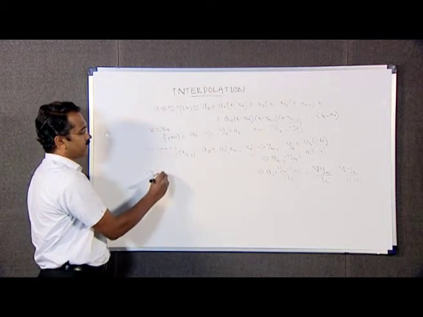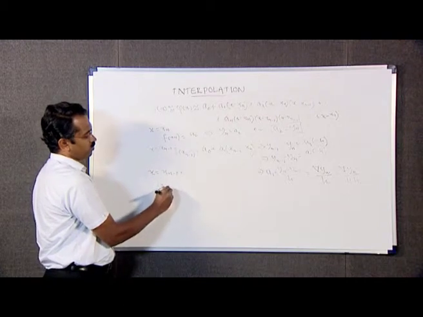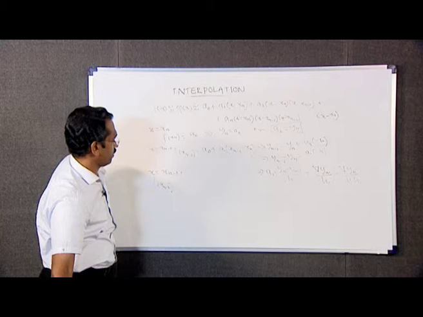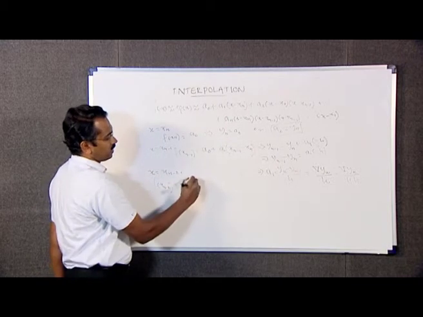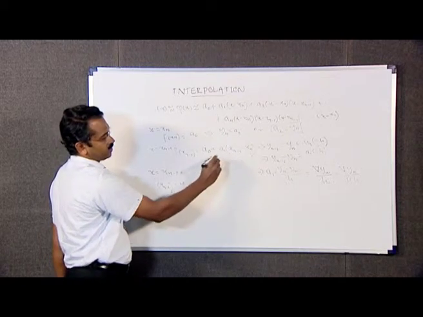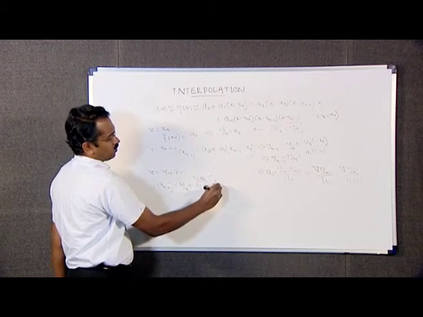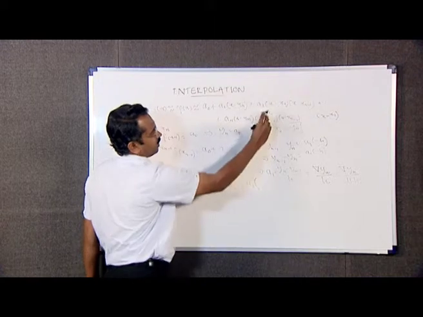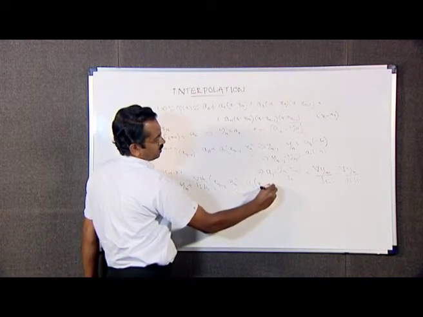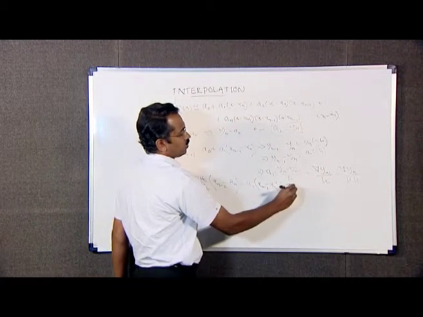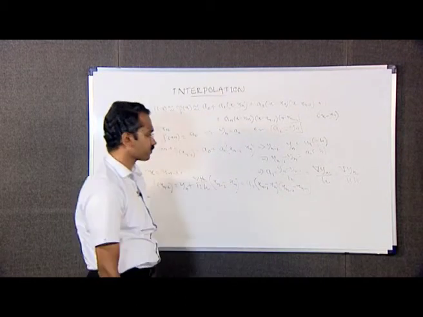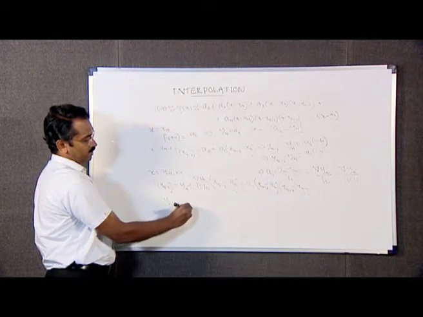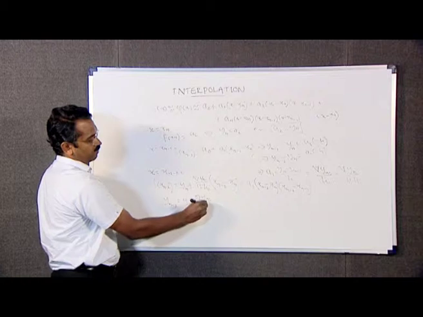Similarly, if we put x equal to xn minus 2, we get f of xn minus 2 as a0 plus a1 into xn minus 2 minus xn plus a2 into xn minus 2 minus xn into xn minus 2 minus xn minus 1, where a0 is yn and a1 is del yn divided by 1 factorial into h. That is, f of xn minus 2 is yn minus 2, which is equal to yn plus del yn divided by 1 factorial into h